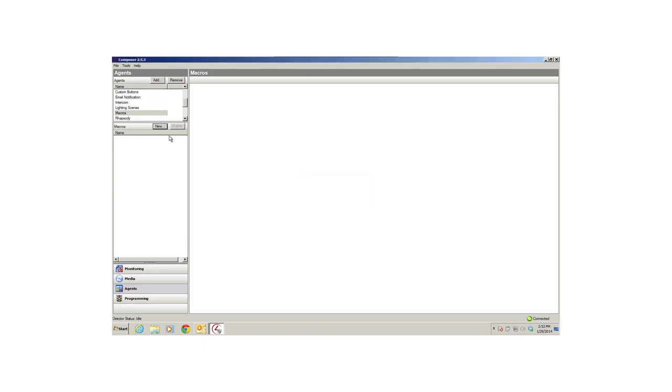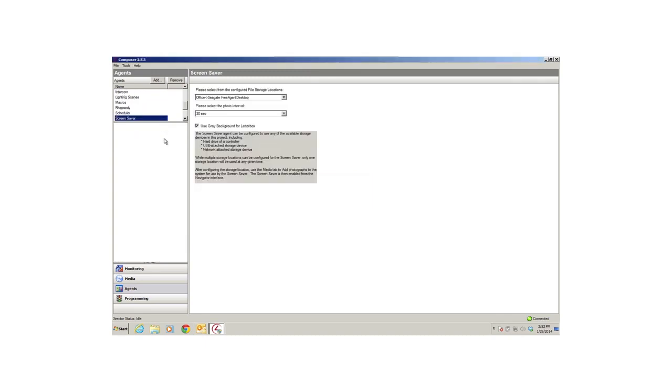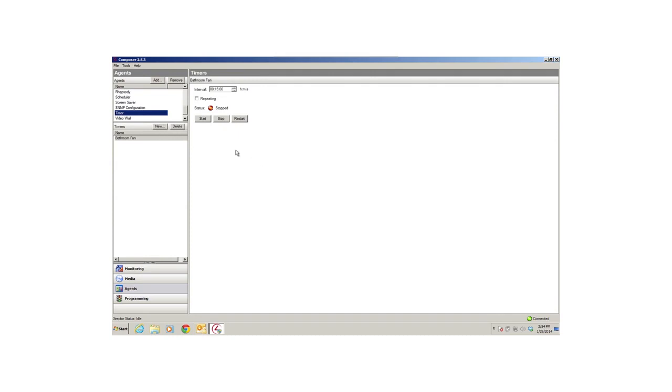The Screensaver agent lets you link your favorite photos to display on your navigators from a USB drive or network drive. The Timer agent lets you start, stop, or repeat a timer based on a given event and action. For example, if the bathroom fan is on, you can use a timer to turn the bathroom fan